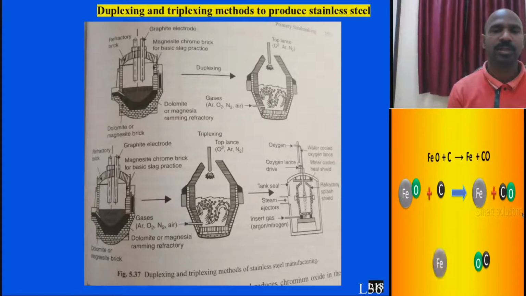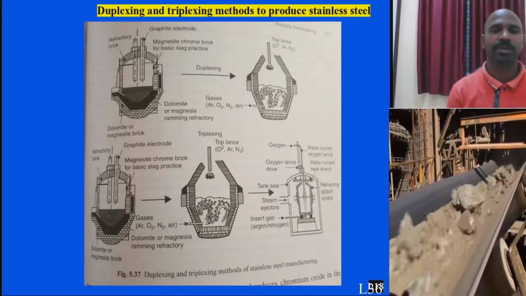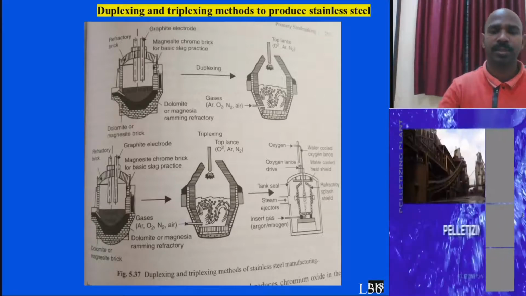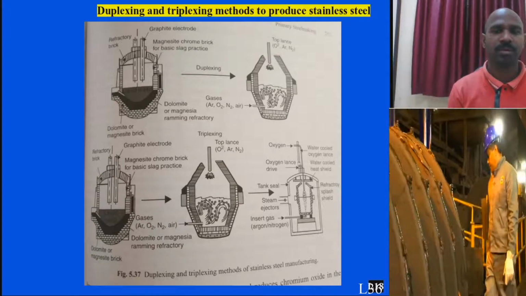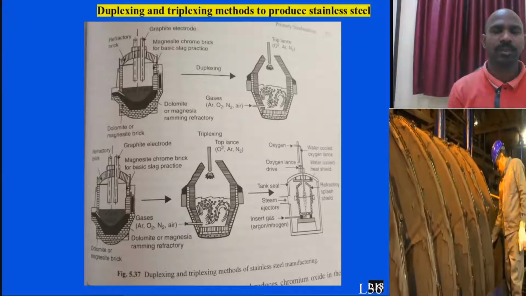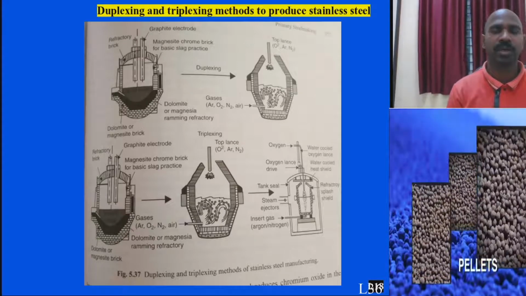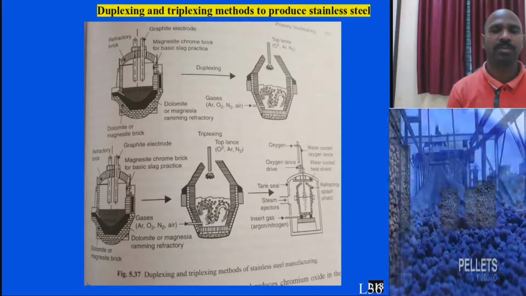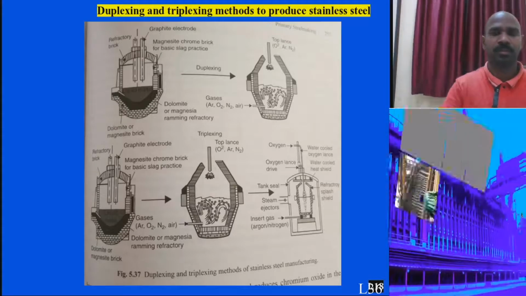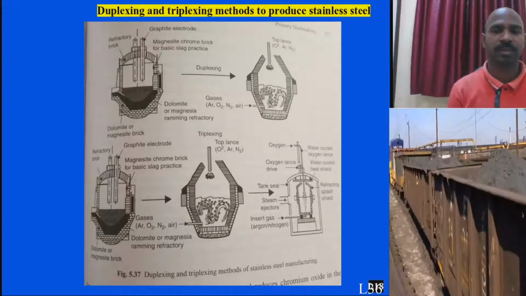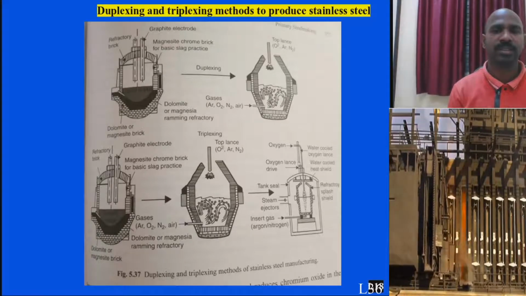As we know from the Ellingham diagram, there is an intersection point between the chromium oxygen line going up and the carbon monoxide line coming up. The intersection is at around 1220 degrees Celsius. At that temperature, carbon oxidizes first, then chromium. So chromium will be retained in the molten metal, so that you can make it stainless steel, and carbon is reduced to a very low level.